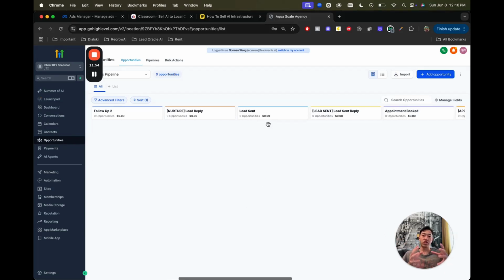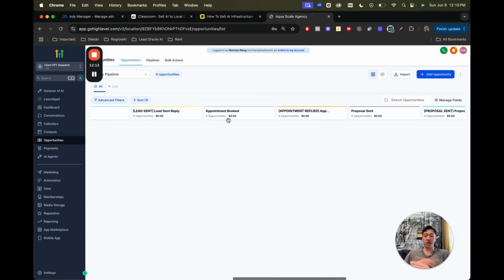So whenever we first start out, you're not going to have A2P. So what you need to do is actually send the lead directly to your contractor client. And then lead send reply, let's say they replied after you sent the lead. Appointment booked, this is for all the people that you either self-book or the AI booked or your client booked. And then appointment replied is essentially if, let's say, appointment booked and then replied to you via text or SMS,